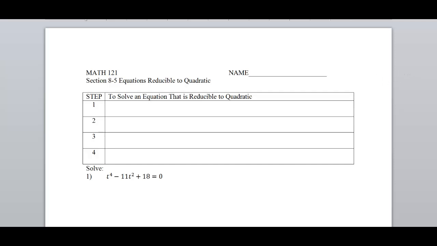Well, let's begin. Alright, so what we're going to do here is look at the 4 steps to solve an equation that's reducible to a quadratic. When you start out with problems in this section, they look real daunting. They look like they're insurmountable, but they're actually not too bad, because the first thing you need to do is look for one variable